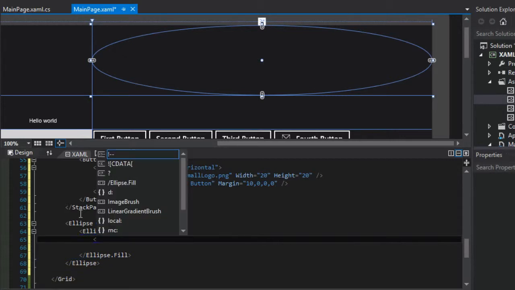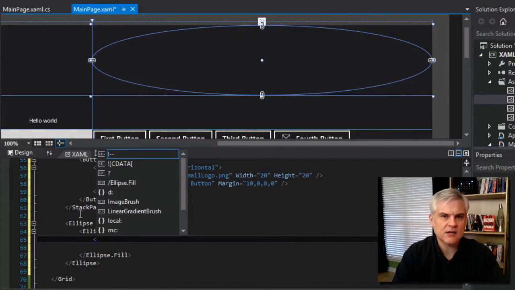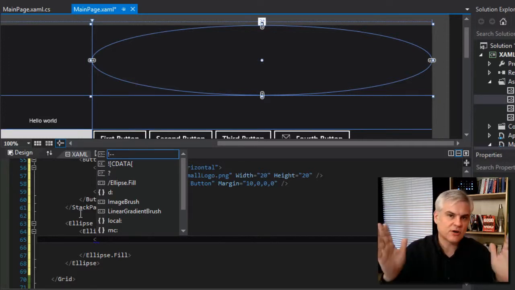Furthermore, I'm going to use a different type of brush. By default, we're using the solid color brush red, but now we want to use a linear gradient brush. And when you think of the word brush, it's just like a paintbrush that you would paint an object with. Now this particular brush that we're going to use is kind of a magical brush. It allows us to paint multiple colors on a given surface, and start with red, then move to green, and then move on to blue, and it'll perfectly be distributed across the width or the height of the given object